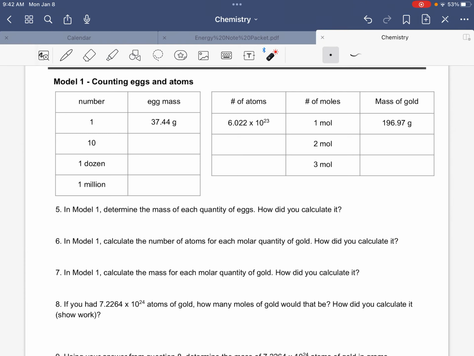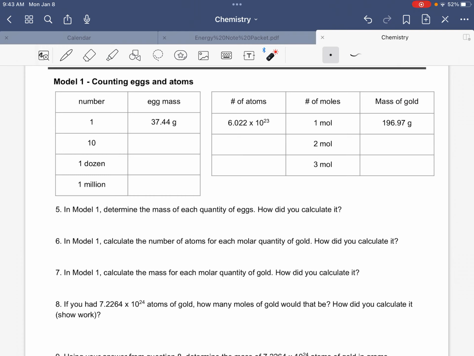So in order to calculate it, we just multiplied the number of moles times how many atoms are in 1 mole. Okay, for number 7, it says calculate the mass for each molar quantity of gold, and then how did we calculate it? Okay, so it tells us that 1 mole of gold has a mass of